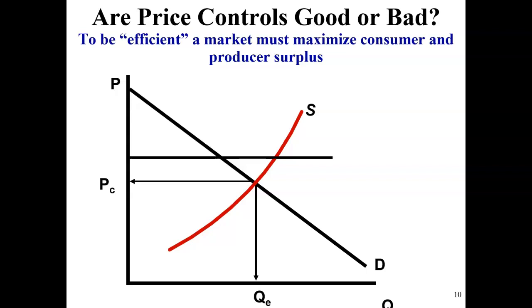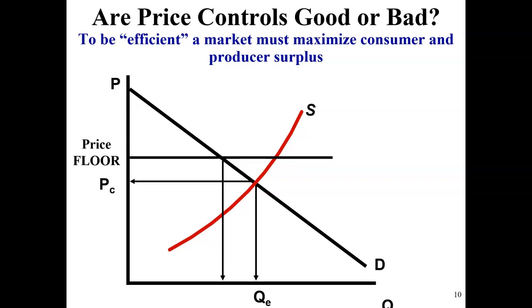So now we have a different quantity supplied and a different quantity demanded. In this case, they're not at equilibrium, right? So quantity supplied is greater than quantity demanded, and we would have a surplus of goods, okay? We've also noted, there's our price floor, that when we have a price floor, the quantity that actually gets transacted